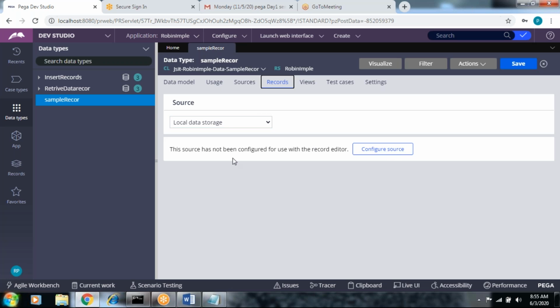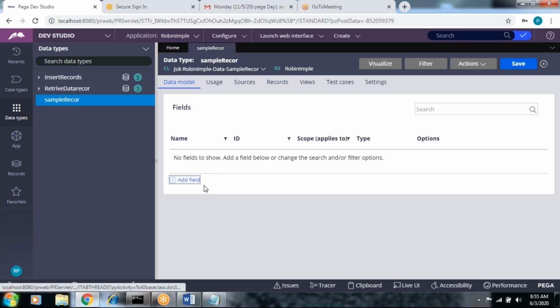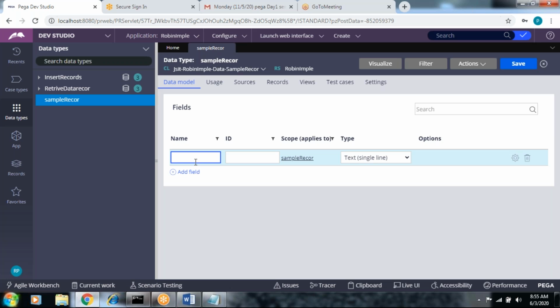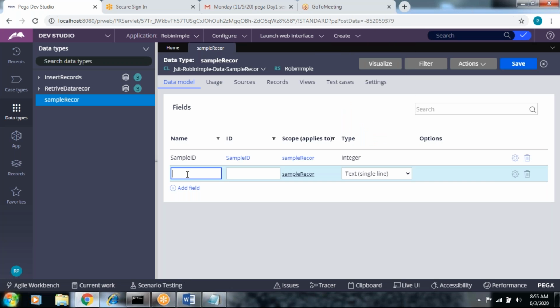Okay. So there is one thing. I'm just adding the sample ID, sample name.